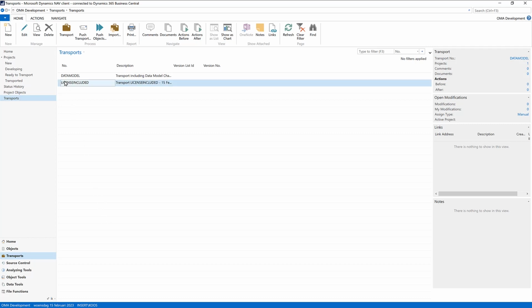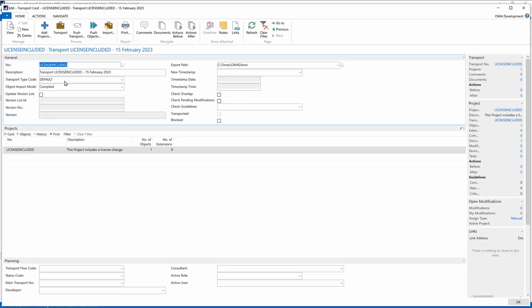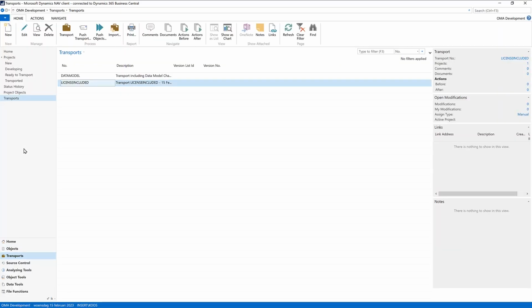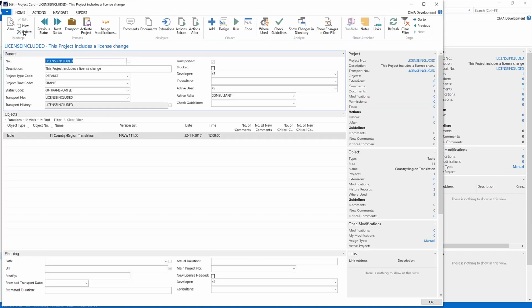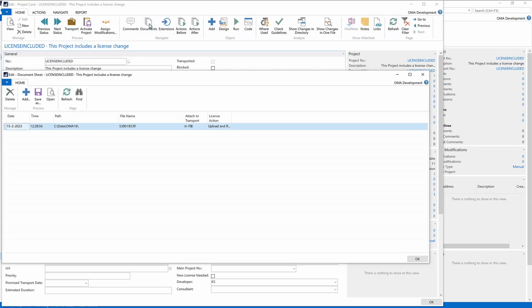We can there go into this sample transport. I've added a project called License Included, and what it means is that in the documents that are included in this case in the project, I can maybe step to the project first. Within the project, I've added a file called whatever, funnynumber.flf. I've chosen to include it in the physical transport file. You can also ship it separately from the FIP, but in this case I've included it in the FIP file,